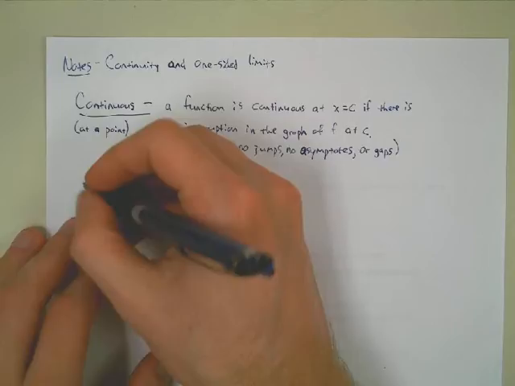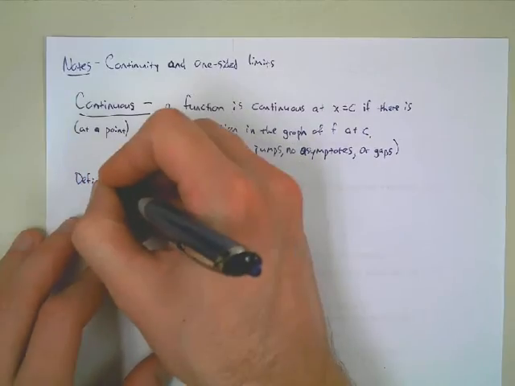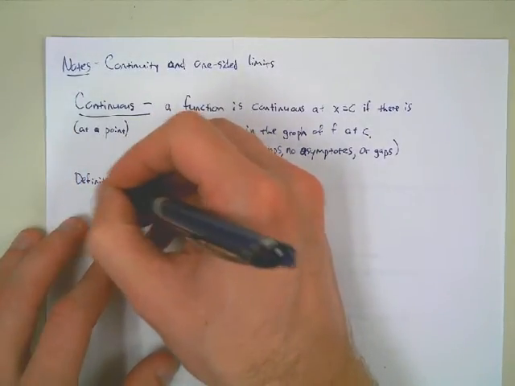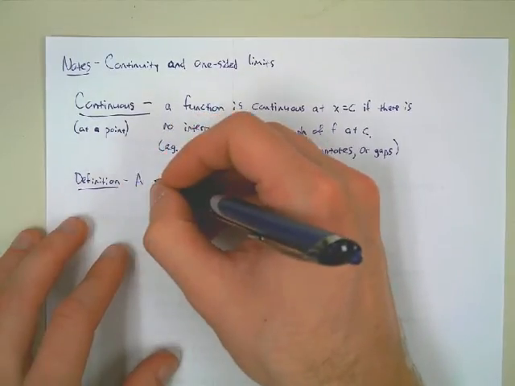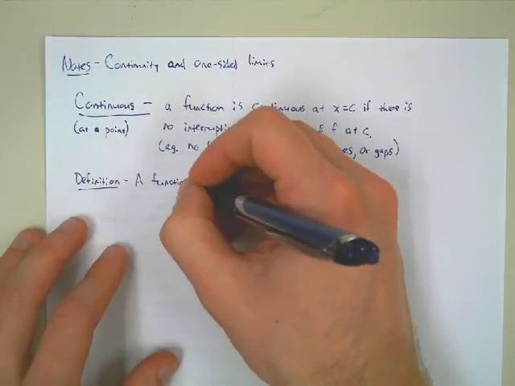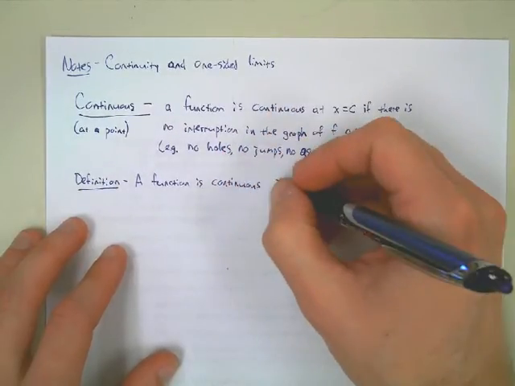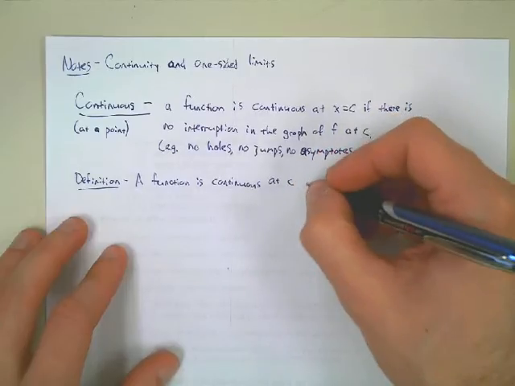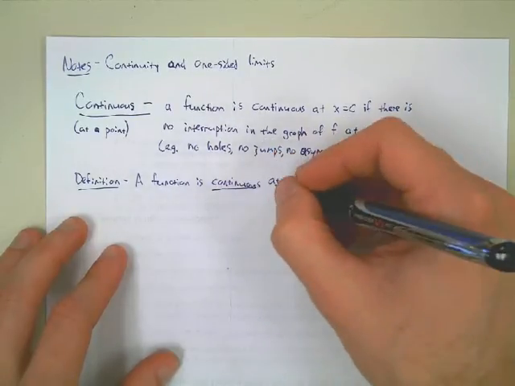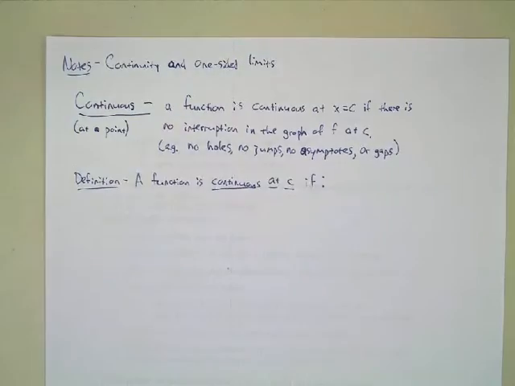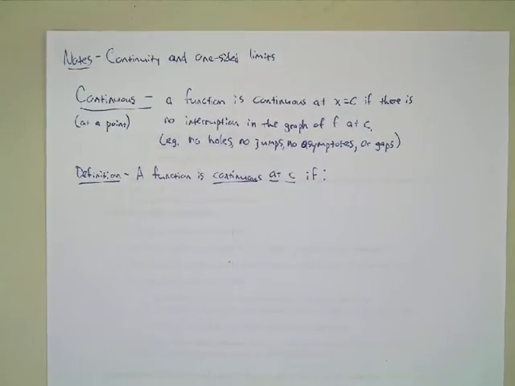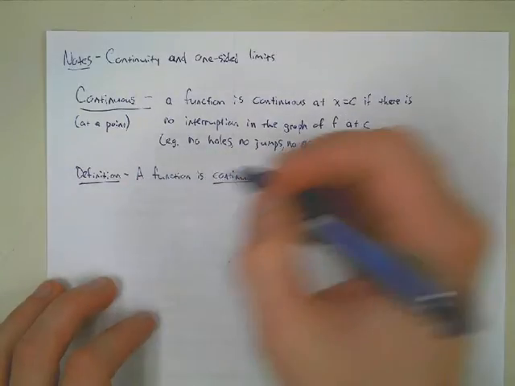So then the actual definition that we want to focus on has these 3 properties. A function is continuous at c if, okay, so continuous at a point c. So there's the more official mathematical definition. We need to have these 3 properties ingrained in our brains. We just need to know these 3 things that must be true. So for a function to be continuous at a point c,